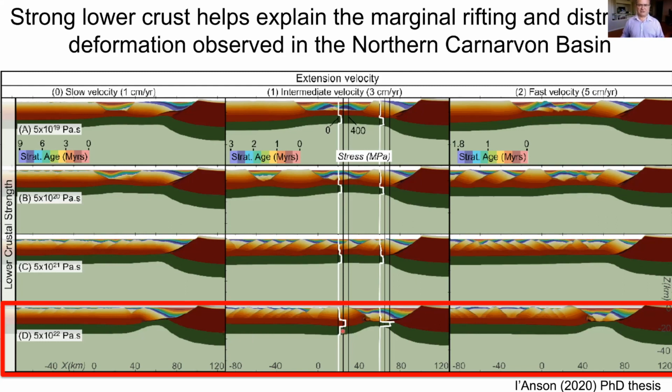highlighted in the red box with the larger lower crustal strength that sort of replicated those geometries most precisely, with the marginal basins forming adjacent to the initial basin bounding faults created in the Permian, and then the distributed set of extensional faults across the rest of the Exmouth Plateau. So with stronger lower crust and intermediate extension velocity. So perhaps indicating that whatever lithosphere was left behind after that Permian rift event over the Exmouth Plateau was